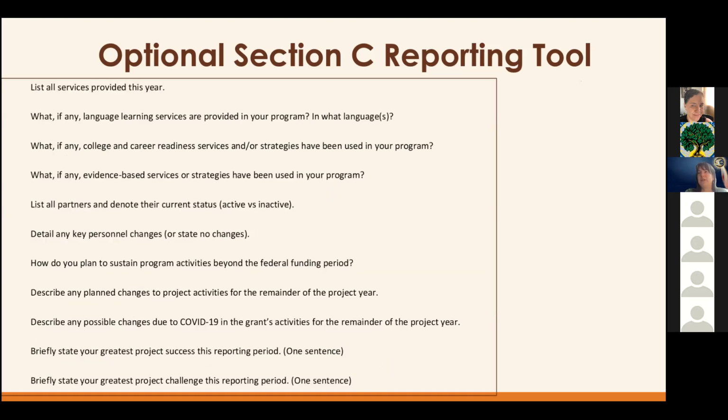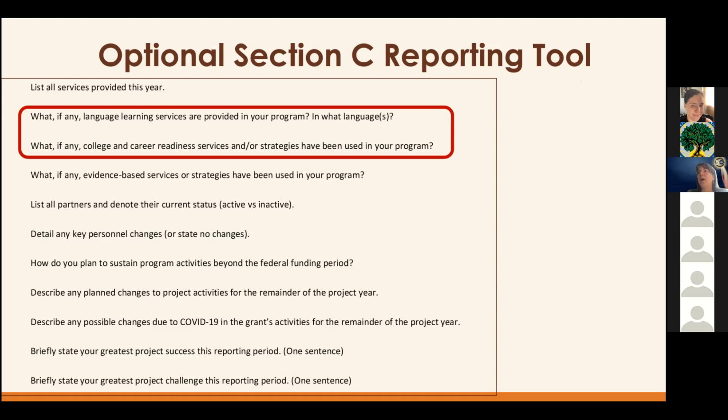Okay, continuing on, here's some more questions that we want to include in Section C. Please list all the services that were provided for this year. What, if any, language learning services is your program providing? Tell us which languages. The form also asks for any college and career readiness services or strategies that are offered or used by your program.